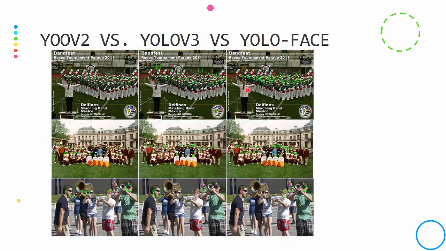And you can see here YOLO face has detected almost every face except 2, 4, 5, 6, 7. But compared to YOLO version 3 and version 2, YOLO face performed quite well on these images. On the remaining two images also, YOLO face has good results compared to these models.